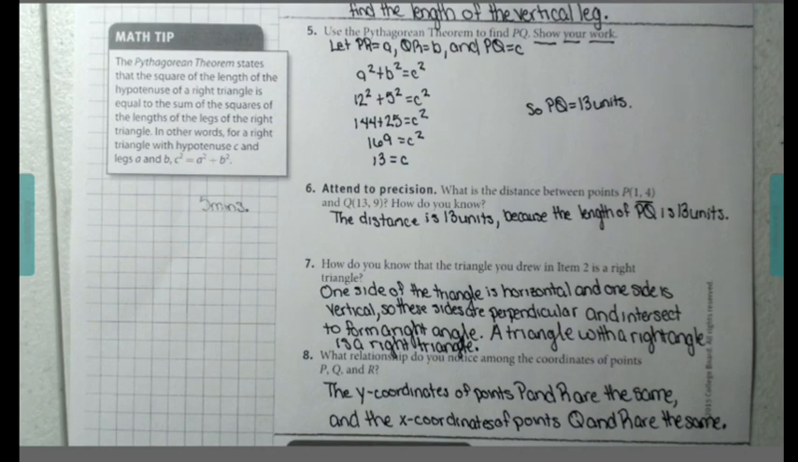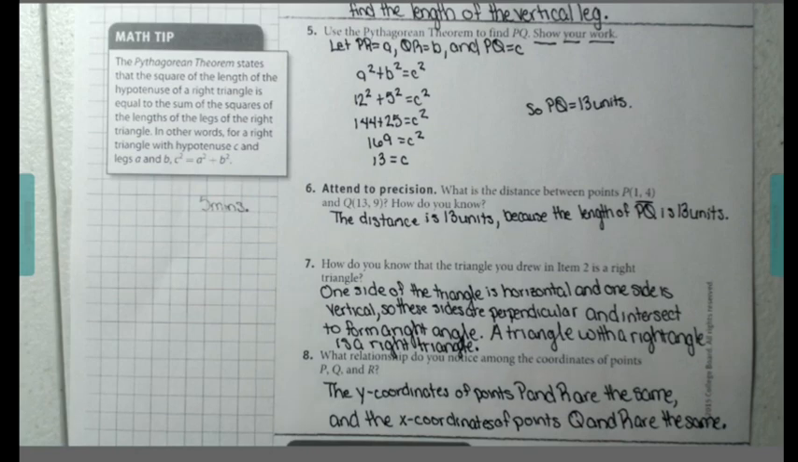We got 12 squared plus 5 squared. Well, 12 to the second power is 144. 5 to the second power is 25. And when you add those, you get 169. Well, the square root of 169 is 13 units. I said, the Pythagorean theorem told us that PQ was 13 units, then that means that the distance from P to Q is also 13 units because that was the length of